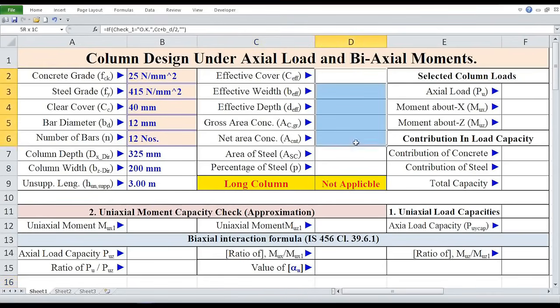From the PowerPoint presentation, we already know this spreadsheet has 2 sheets. Sheet 1 is for analysis and calculation of the column. Sheet 2 is for loads and load cases of the column. First, let me remind you of the design parameters. We are seeing